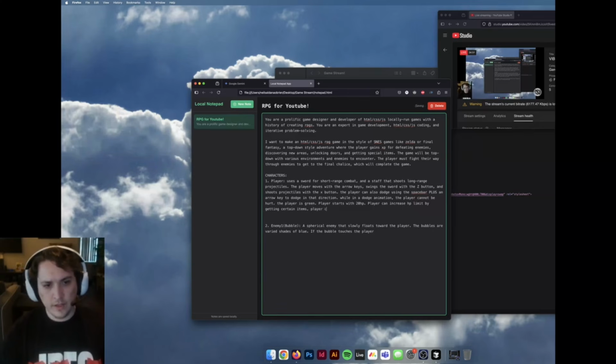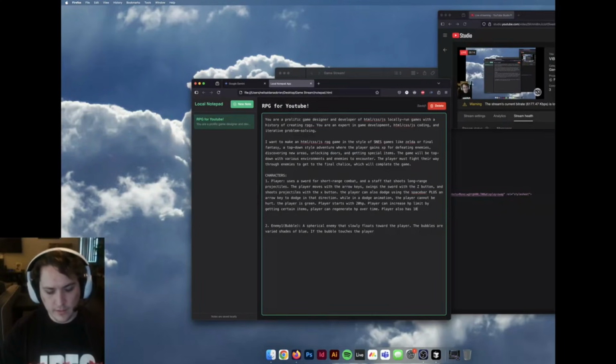Player can regenerate HP over time. Player also has